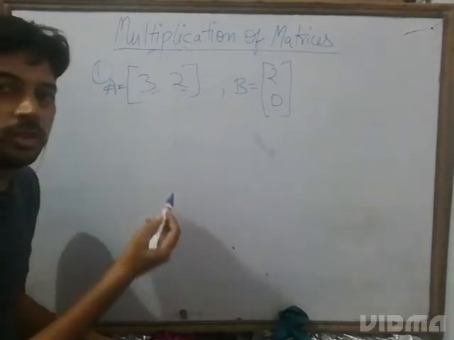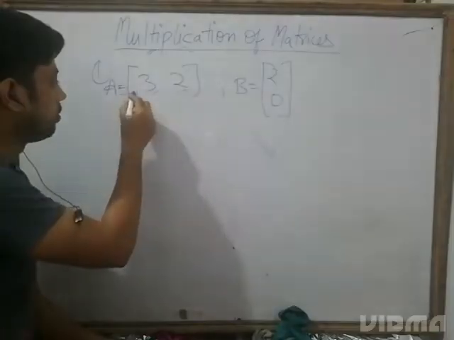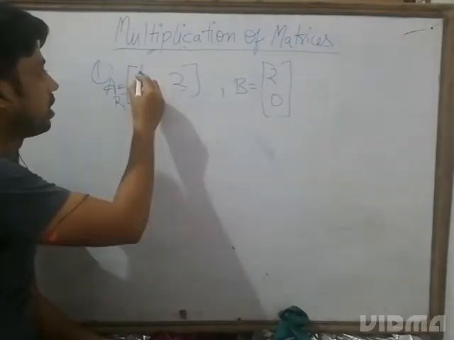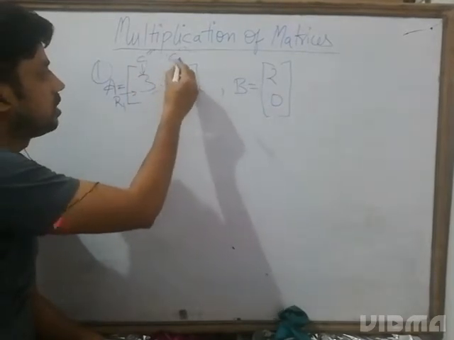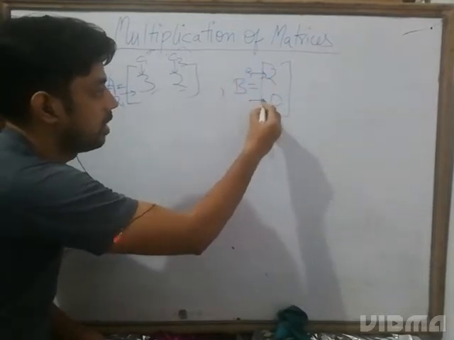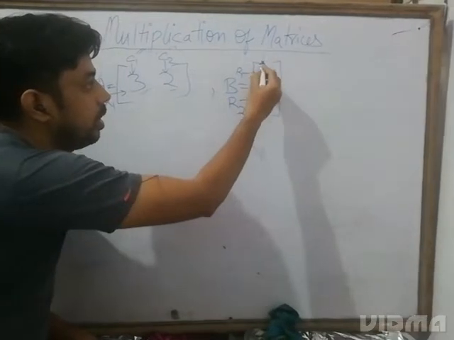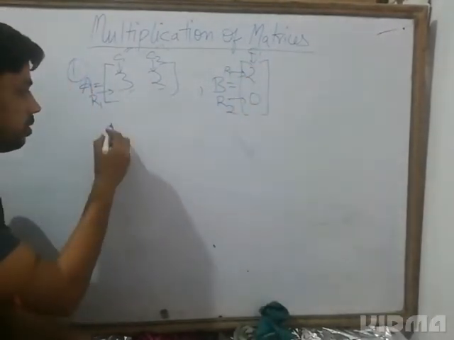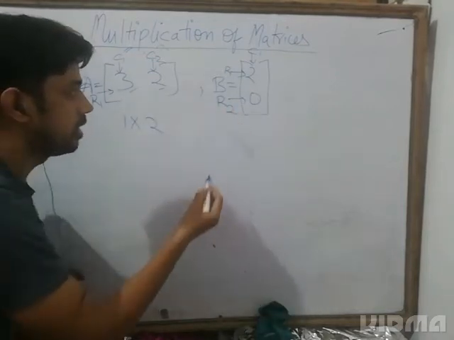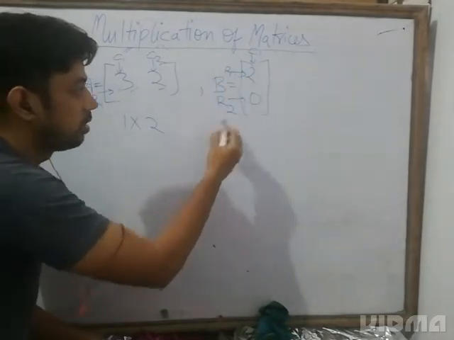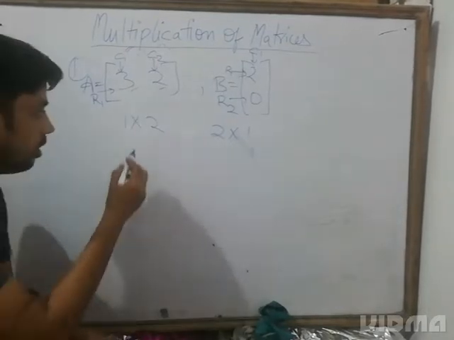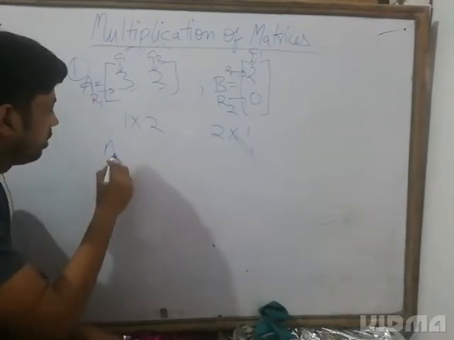So what is the role of order in multiplying matrices? See, A has one row and two columns, C1 and C2. B has two rows and one column, C1. So the order of A is 1 into 2, and the order of B is 2 into 1. So when we multiply A into B,